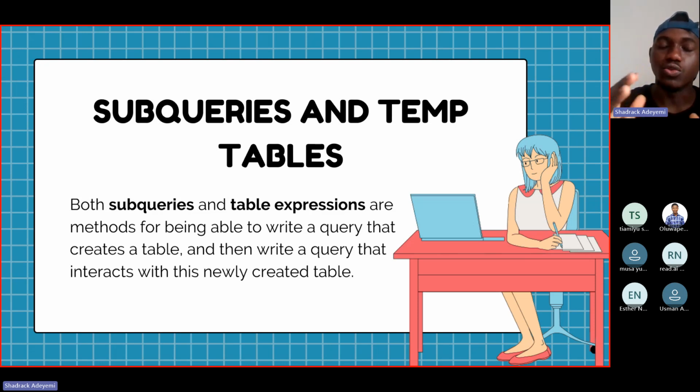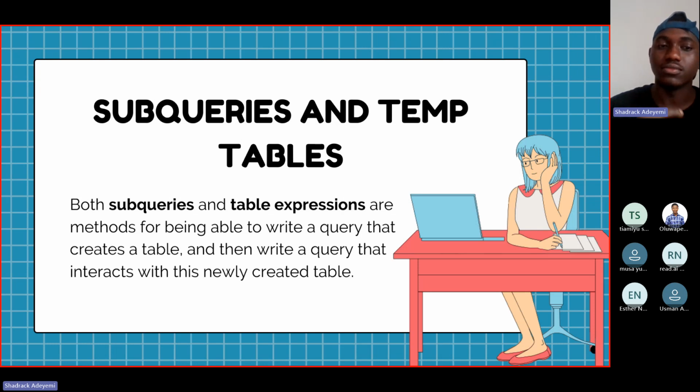Let's say you want to create a new table that combines the first name and the last name together and stores it as a single column. And you want that information to stay in a table alongside every other column that was in the original table. Now you have created a temporary table. You can save that, alias it as something else, then refer to it later, maybe in a subquery.